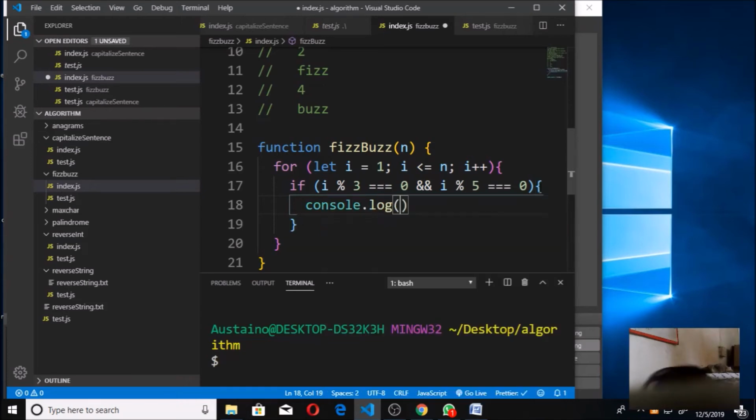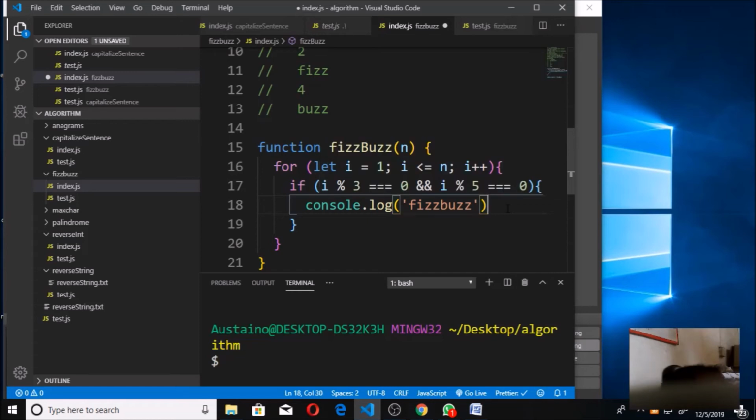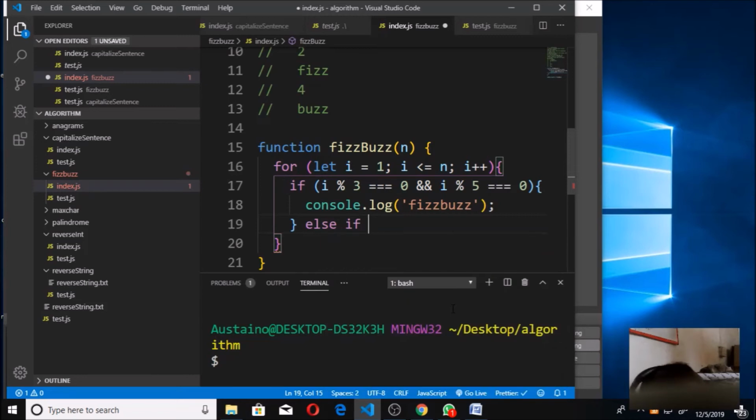Console.log. What are we supposed to console.log? Fizzbuzz. So that is the first thing we do. So I'm gonna close this. So that's the first thing we are checking. Now after checking this, we are gonna say else if